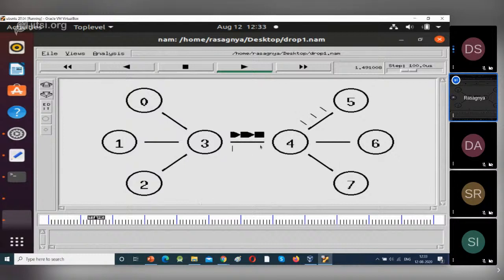First, the packets are kept in queue. Some packets have been transmitted, but after the queue is full, it is dropping the packets from the tail of the queue. Drop tail is nothing but, when the queue is full, it will drop all the arriving packets. So it is dropping the arriving packets from the different senders when the queue is full. So here the queue is not full.